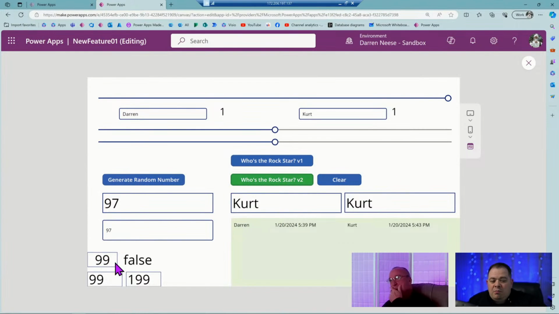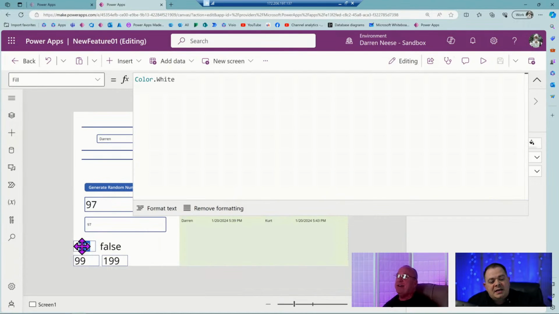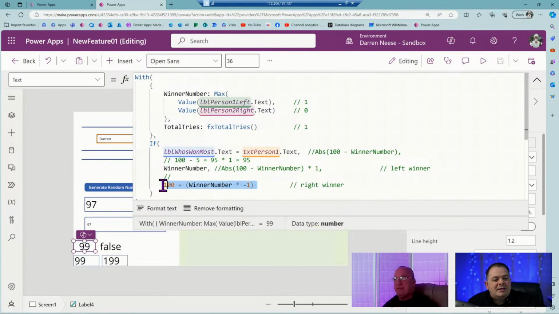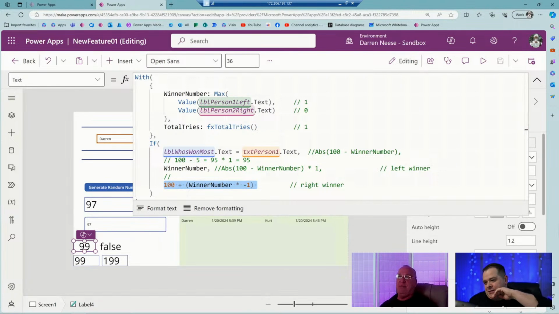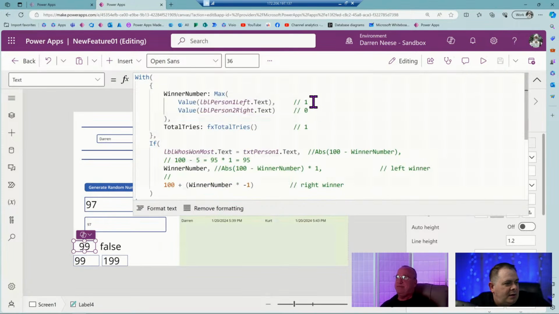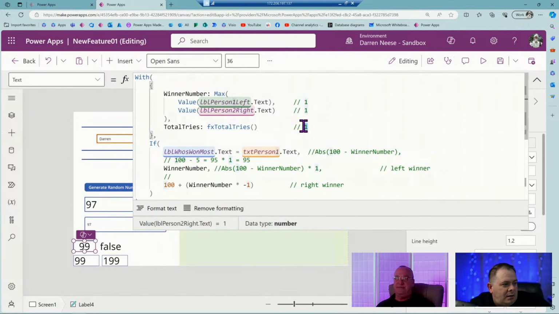Okay. But we have 99. So you want this thing to be 50 right now. We're on the false side. So how do we make this 50? Well, okay, so let's get these numbers up here, right? So really, what are we working with? We're working with 1 and 1. Okay. So we'll go here, 1, 1, and we got 2 votes. So the winning number is 1.